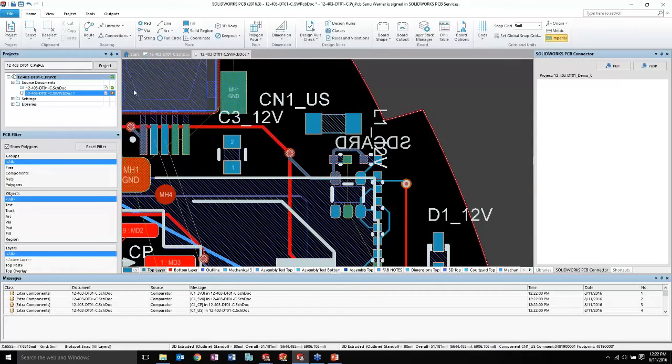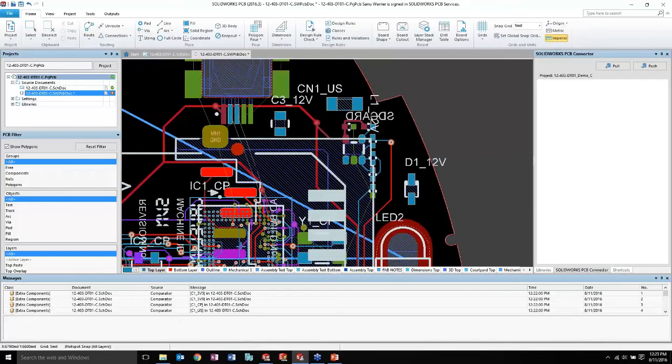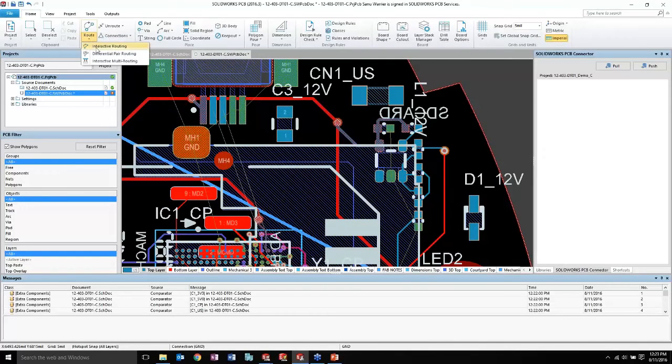Now, adding connections is very easy. Of course, you can do auto route if you want to. Auto routes can be done for certain signals or certain classes. I really love the interactive routing because we all know auto routes don't do the exact thing that we want all the time. And there are multiple ways to do some interactive routing. So one, of course, is just a normal route